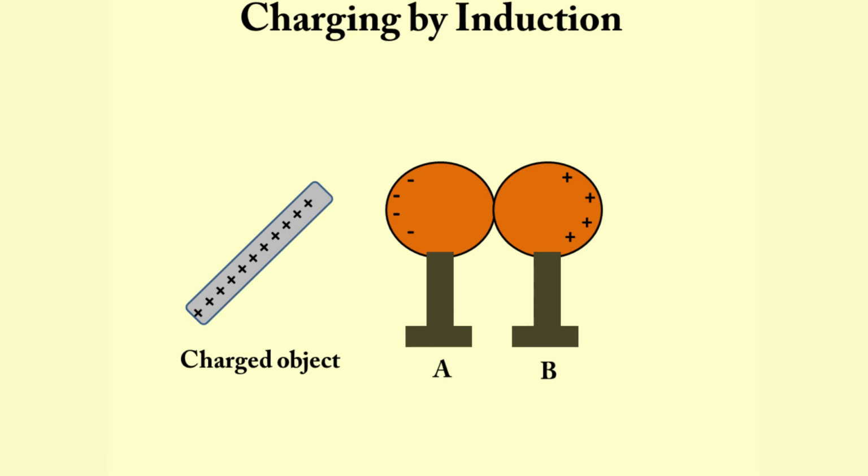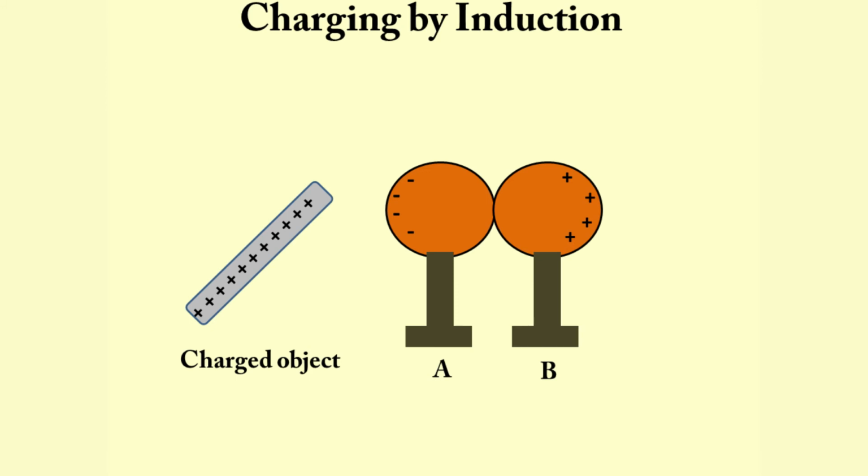These electrons start accumulating at the end near to the rod, and at the far end of the sphere B, due to deficiency of the electrons, that point becomes positively charged. Important thing to note is that both kinds of charges are bound to the metal sphere and they cannot escape. However, this redistribution of charges takes place until the equilibrium is reached, and after that no electron moves towards the rod because already accumulated electrons repel new electrons.